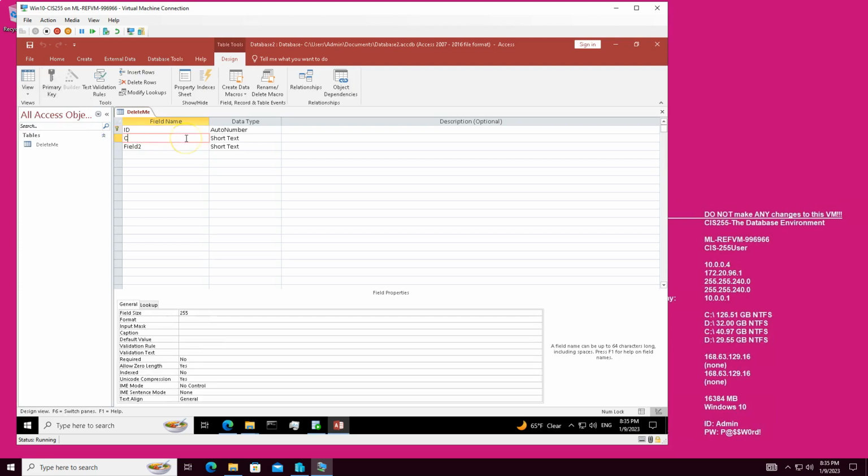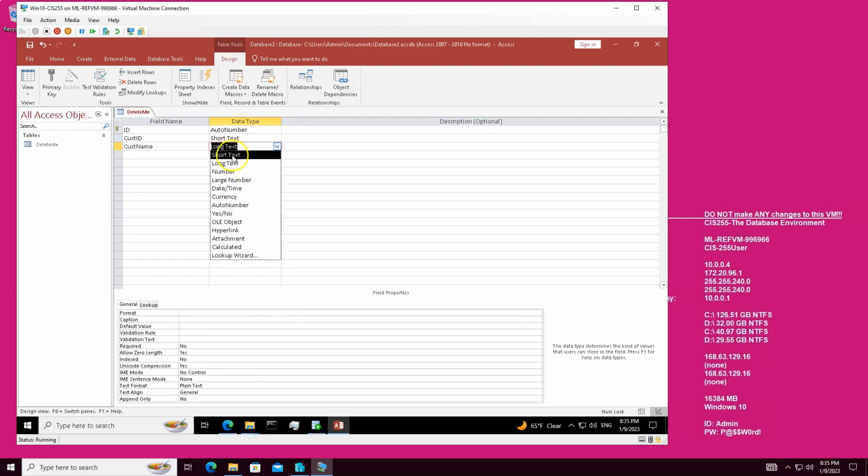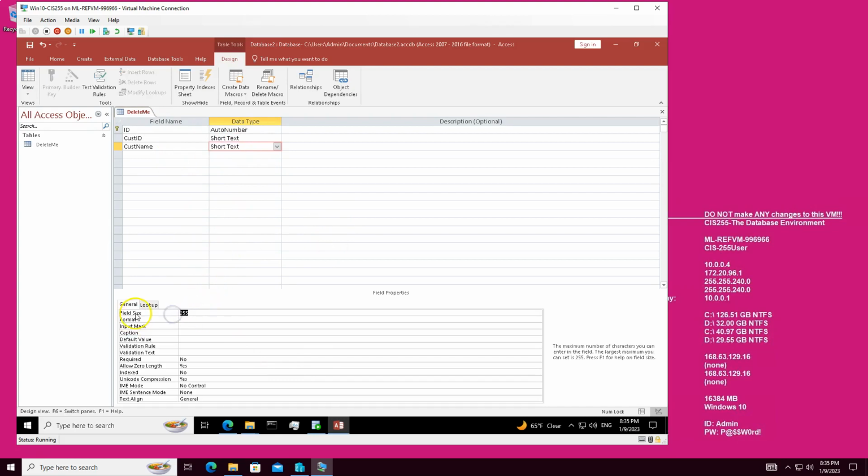Okay, so let's do customer ID. Let's keep it text. Let's do customer name, and let's keep that at text. Although, depending on my names, maybe I want to use a different data type than short text. Now, what I like about Access is its learning curve is not that high. I can see things like short text has a default field size of 255 bytes. This is how much space is reserved on disk and in memory. If your customer ID field, which is also short text, will never be longer than 8 characters,